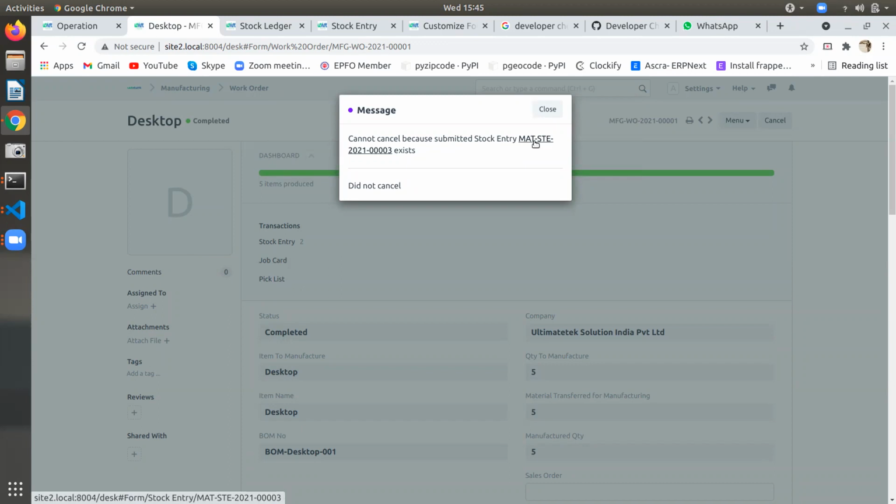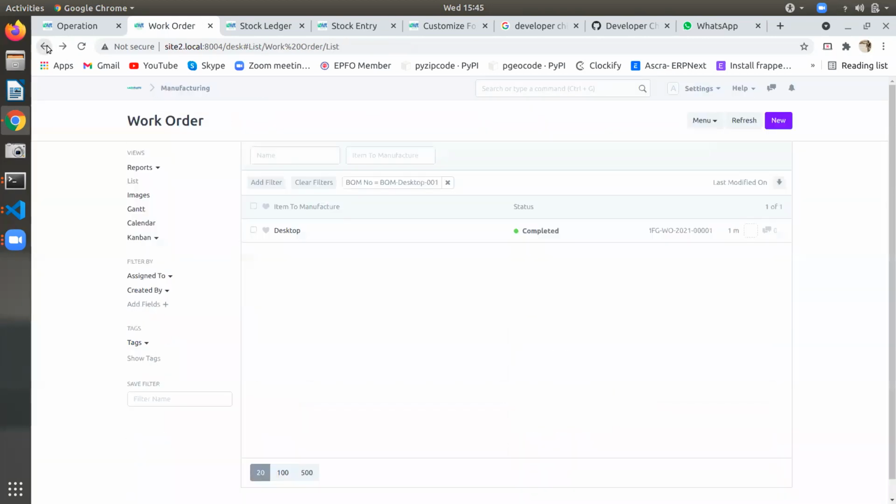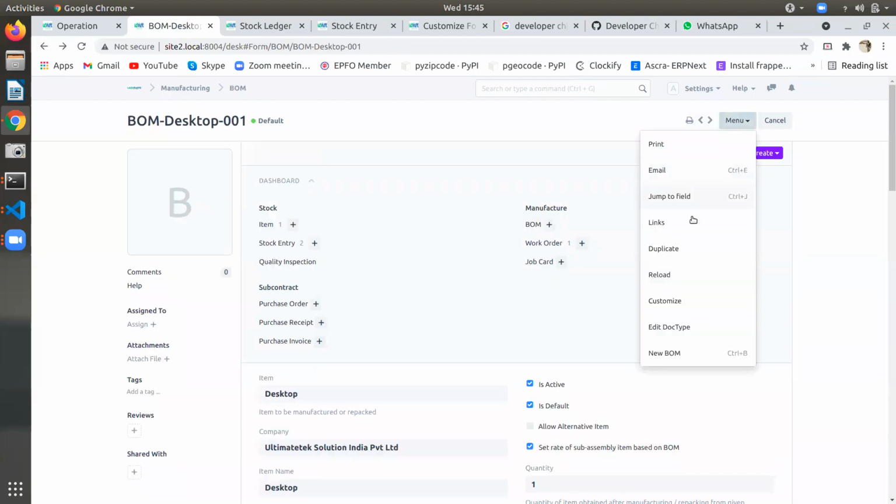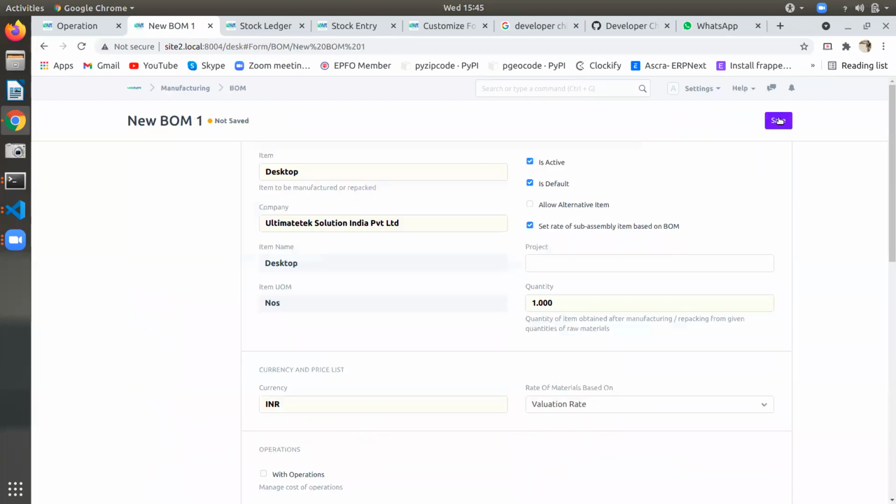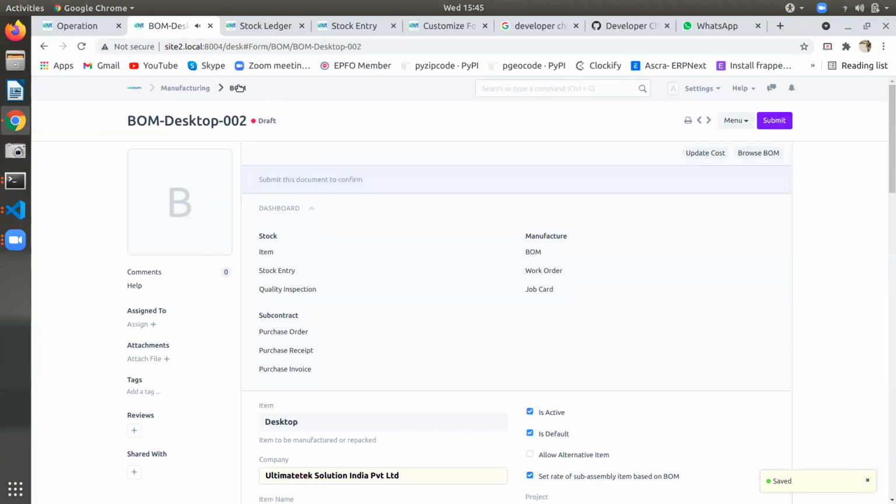So this should not happen actually. No, the stock entry is against the manufacturer, no? Yeah. Duplicate and save. Okay.